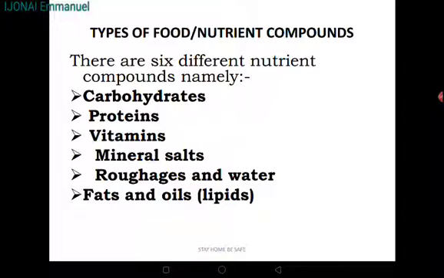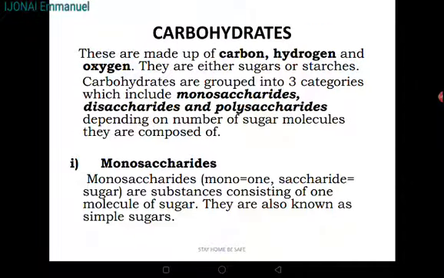Great. So we want to start looking at them one by one, and we are going to start with carbohydrates. Of course, we know that carbohydrates are called energy giving food. Who knows where we can get carbohydrates from? What do you need to eat to get carbohydrates? Well, I know you know many sources of carbohydrates, so we want to introduce carbohydrates.